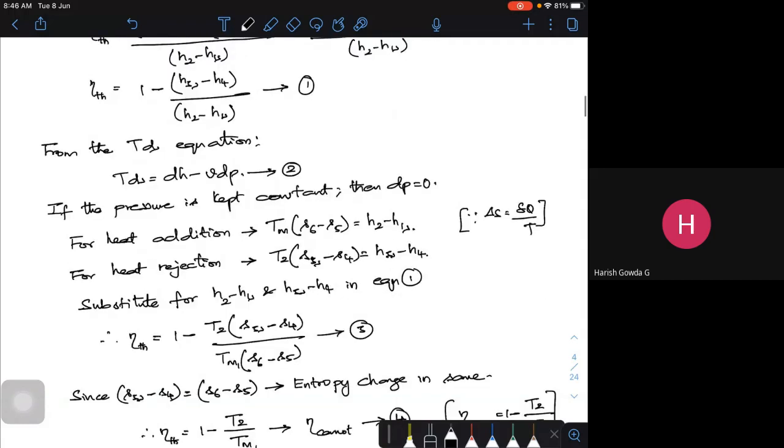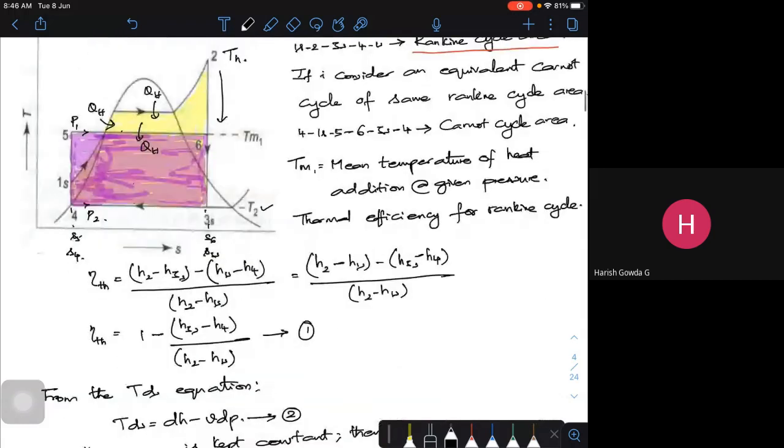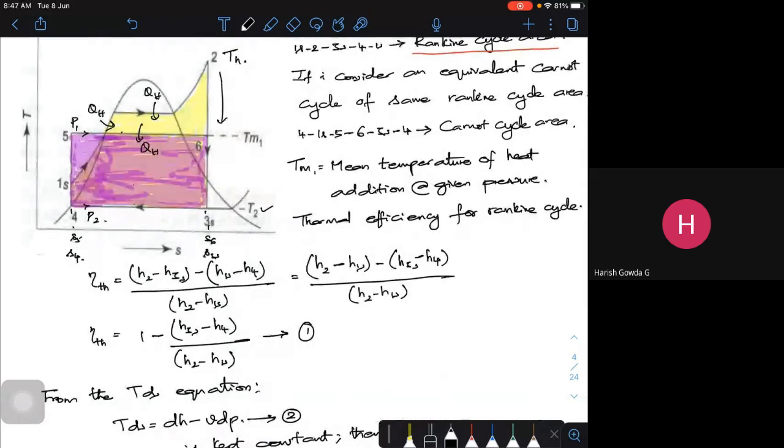That means if I try to get a similar area, that is, for the same heat supplied, if I try to bring down the temperature, I can verify it and check it. This is how we check the working of a Rankine cycle with respect to Carnot, because the Carnot cycle has been proved to be the one way I can get the highest possible efficiency, without violating the second law of thermodynamics. Is that clear? So this is how you can get it.